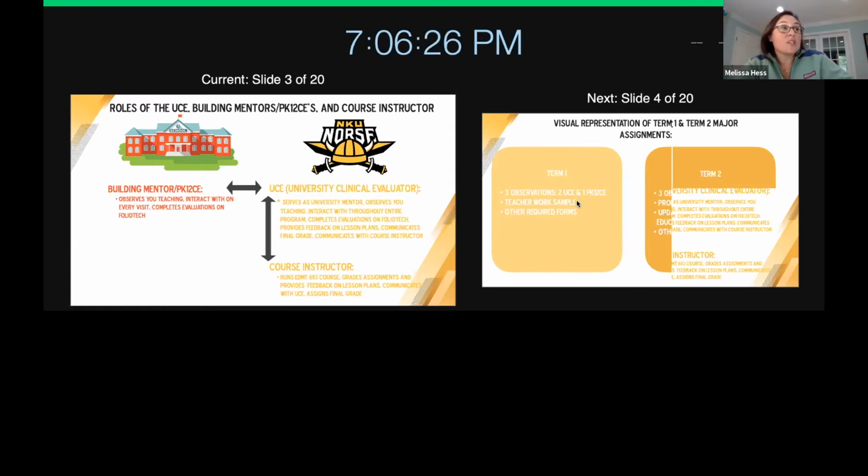If for some reason you are option 6 and you do not know who your building mentor is, your principal is the one that assigns your building mentor. Most likely you've got an email from me saying, hello, who's your building mentor? Because this is something that we have to put on your paperwork to file with the state of Kentucky for your option 6 licensure.